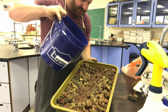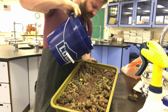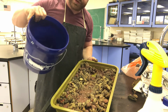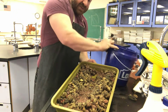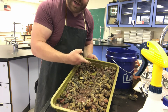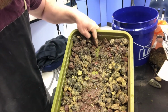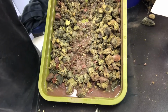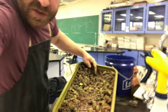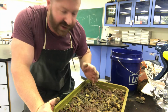If I do it incorrectly, it runs down the furrow real well, but all this small matter here just ran off. It's gone. You see, I don't know if you can. That's the bottom of the tray right there, and all that topsoil has run off down to the bottom there. It's difficult to see on camera, I know, but you can just imagine if I dug a trench